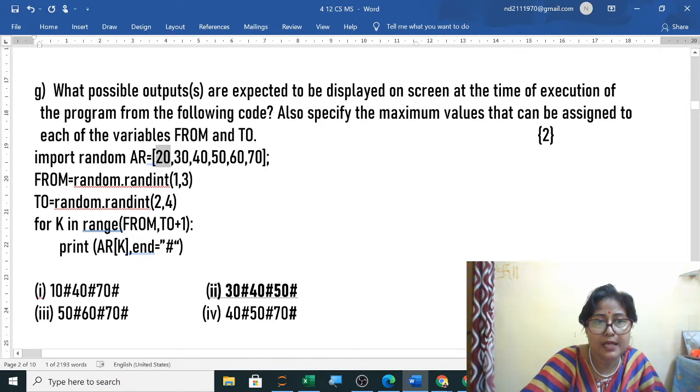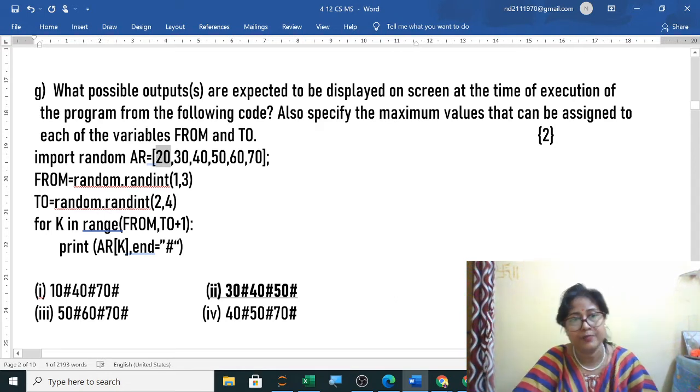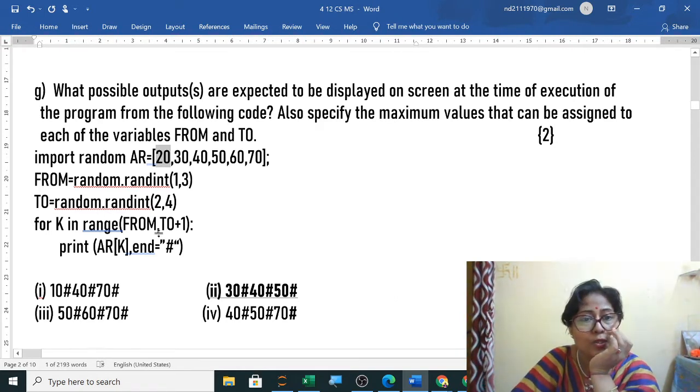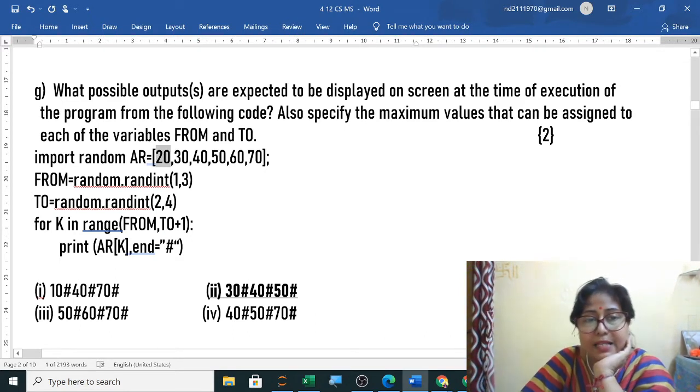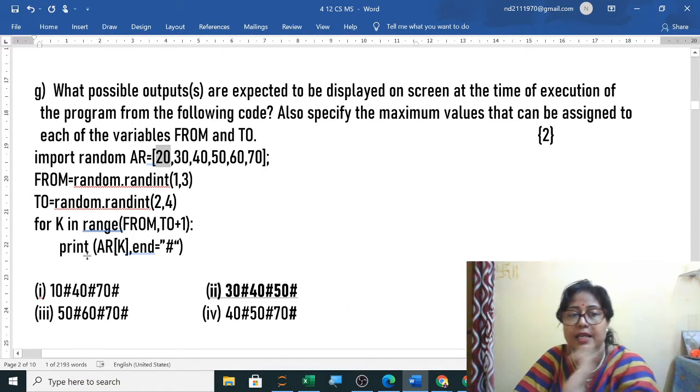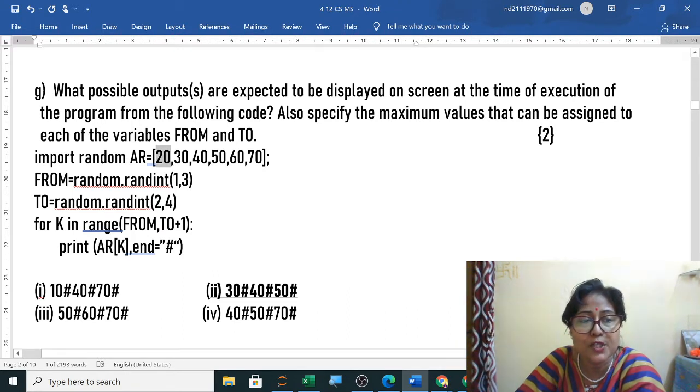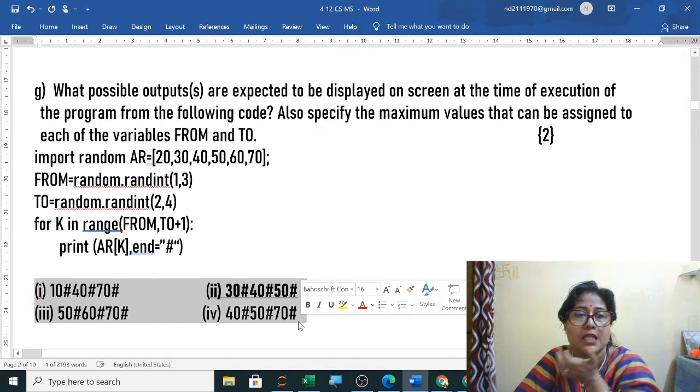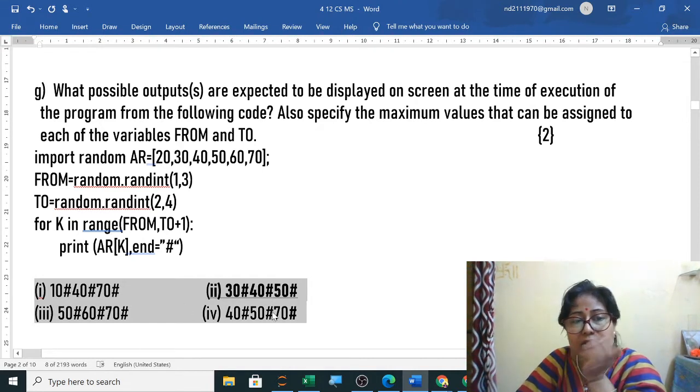And how many times will the loop be executed? If it is from 1 to 5, then 4 times and less. So maximum it will be 4 times and minimum it will be 1 to 2 once. 1, 2, 3, 1, 2, twice. So minimum it will be twice, maximum it will be 4 times. In between any number of values. Now options are given, you have to select from these. So 2 methods are there, you can solve it and select it.